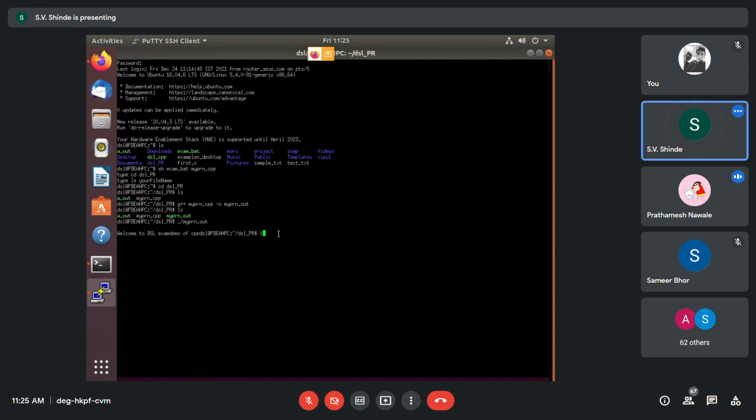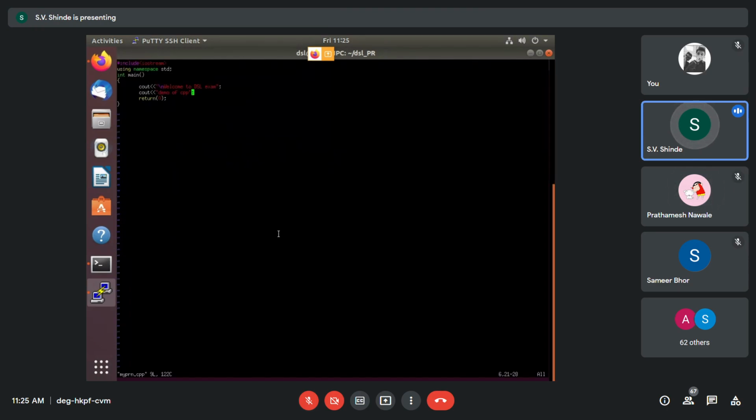Now next question is, if you want to edit the same file, what do you have to do? I have just given ls command, check whether there is a file. So I have to edit myprn, so give vim your file name myprn.cpp and give enter. It will again open in the vim editor. How to insert the data?